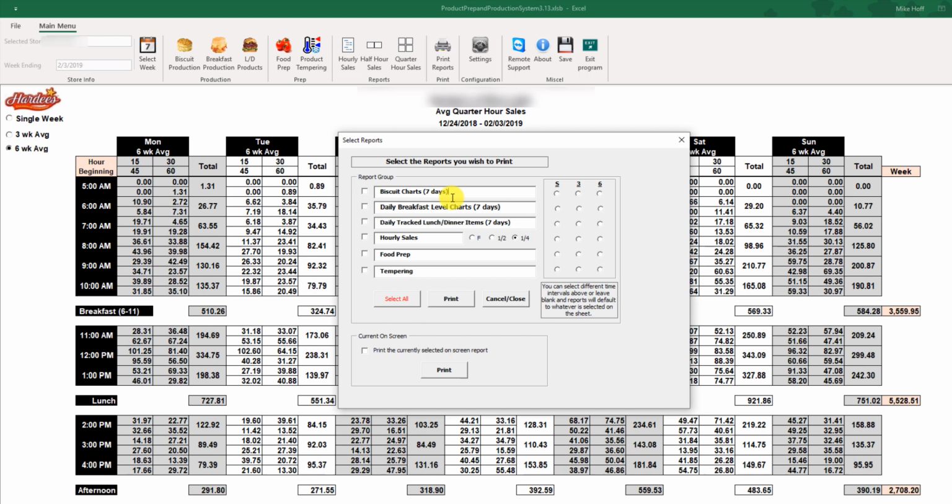So if I select Biscuit charts, I will get 7 days of Biscuit charts, one for each day of the week. The program automatically inserts the correct day of the week and prints that report out for you. So you'll have 7 sheets. Same process for daily breakfast level charts. You'll get 7 sheets. The program automatically prints those for you. Likewise for daily track lunch dinner items, 7 sheets. Actually, you'll get 7 days, I should say, but you'll get 14 sheets because each